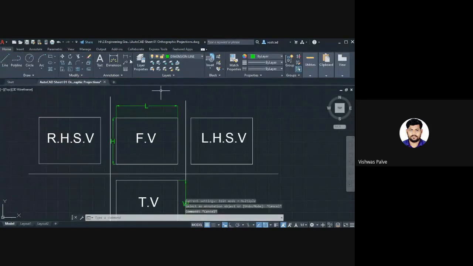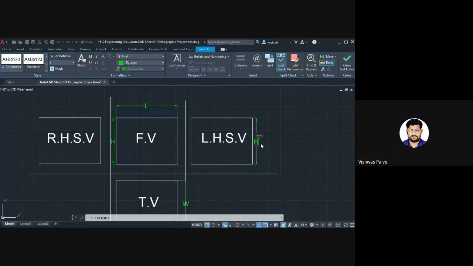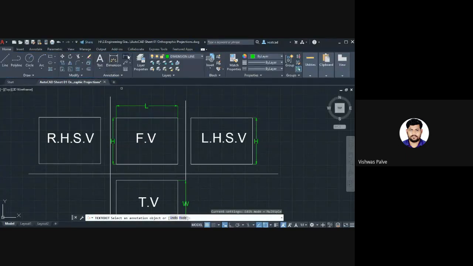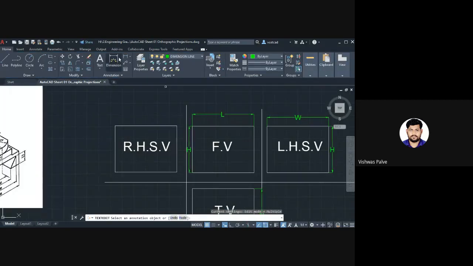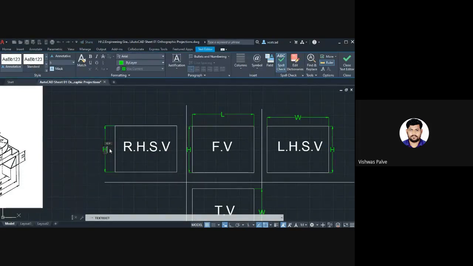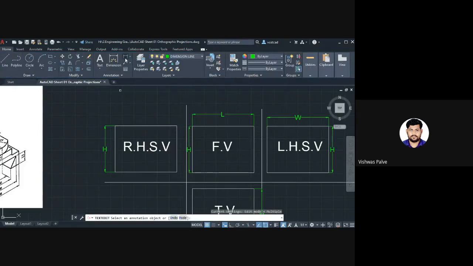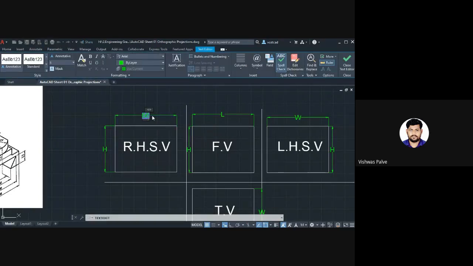Whereas in side views we get height and width. Same thing, right hand side view, height and width.